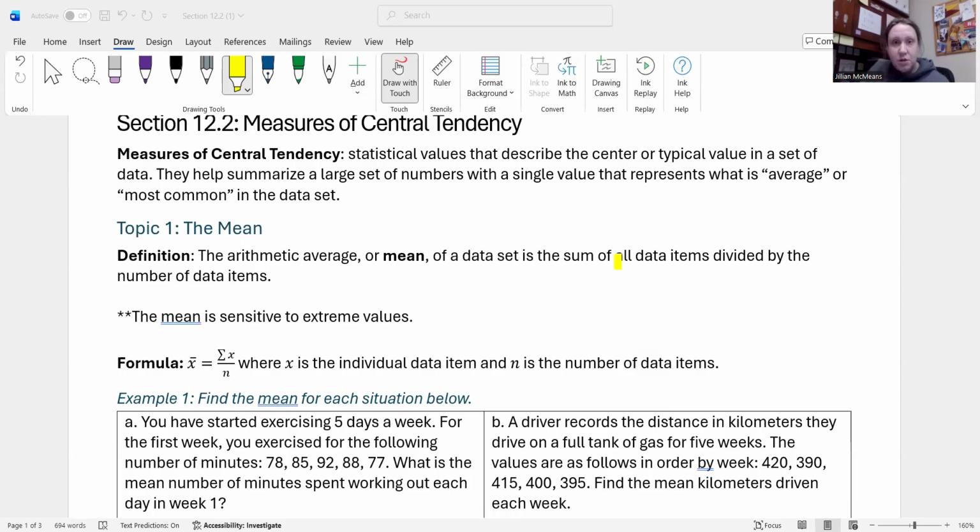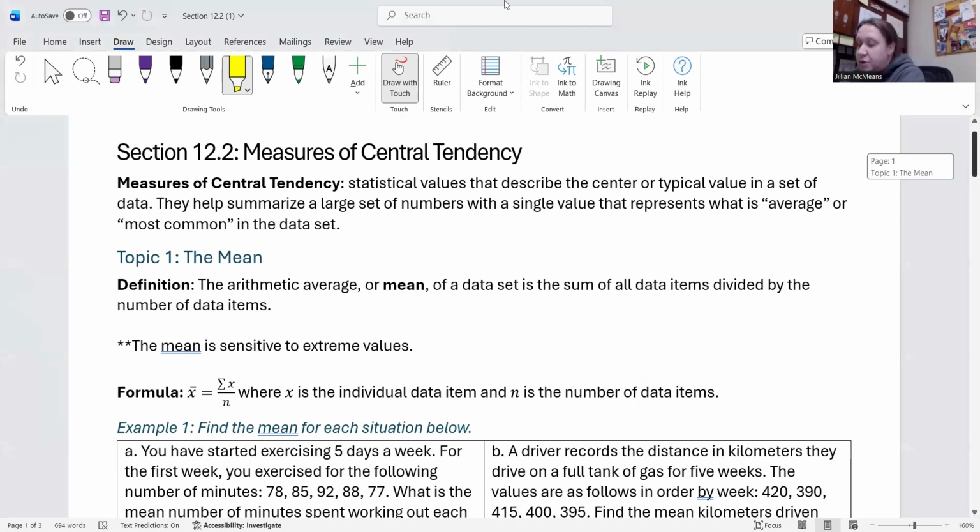Okay, for section 12.2, we're going to talk about measures of central tendency. As a generalized definition, measures of central tendency are statistical values that describe the center or typical value in a set of data. They help summarize a large set of numbers with a single value that represents what is average or most common in the data set. And we have four measures of central tendency we're going to look at in this set